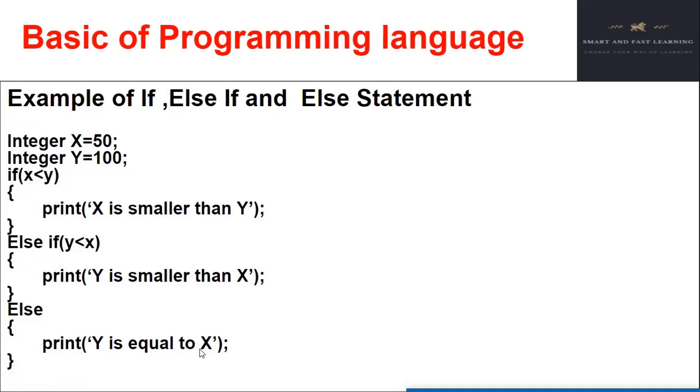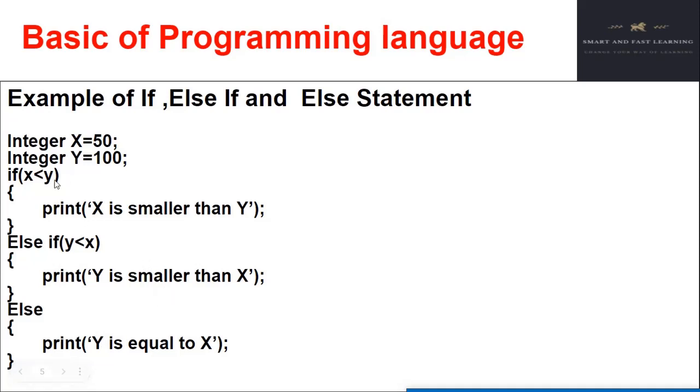That's all. It's just a practical if, else condition, which is checking the comparison operators. These are the comparison operators: x is greater than y, y is greater than x. You can use x is greater than or equal to y. You can use any operator as you want according to your need.